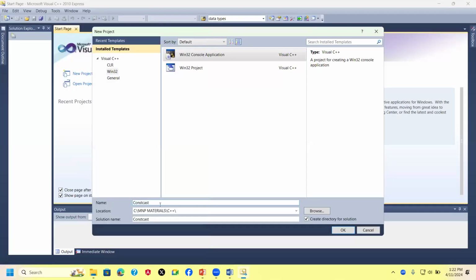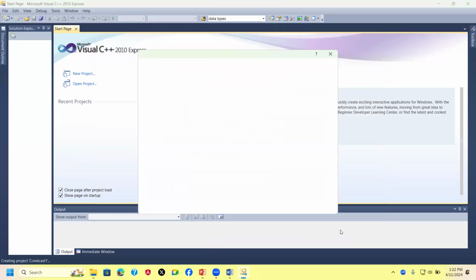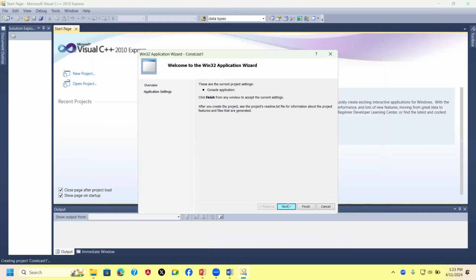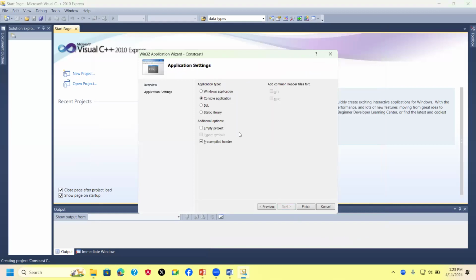Like in this case, after typing const cast and clicking on OK, you can see I'm being told that the program won't be created because another project already exists. So let me call it const cast 1, and then I'll click OK. Then from there, I'm going to click on Next, click on Empty Project, and click on Finish. Remember,